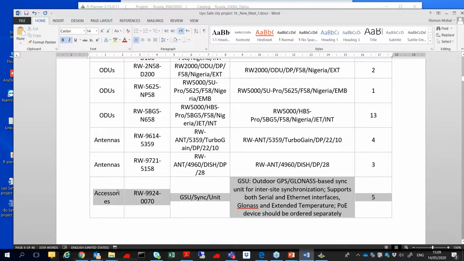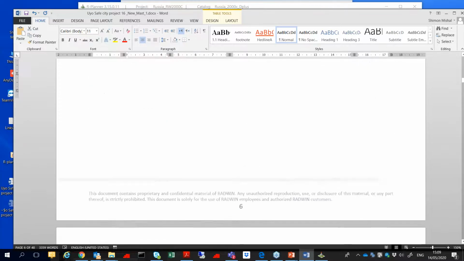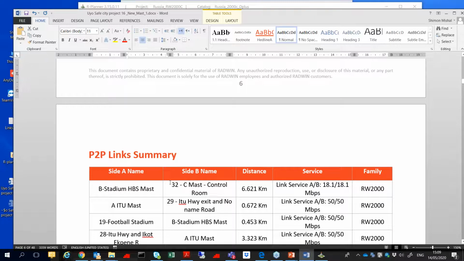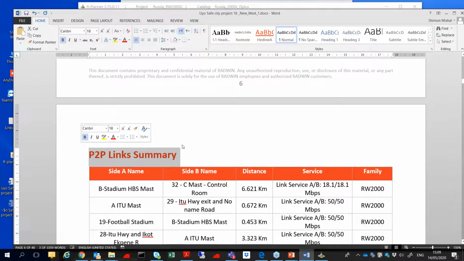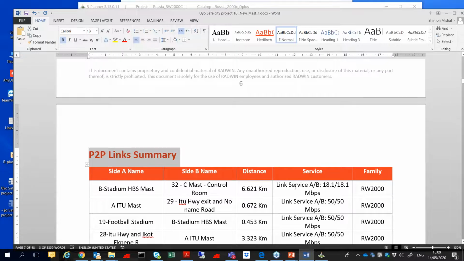And you can see GSU is here, base stations, point-to-point links, and all the calculations and the link budget calculator for all point-to-point links, the summary, the distance, the service,